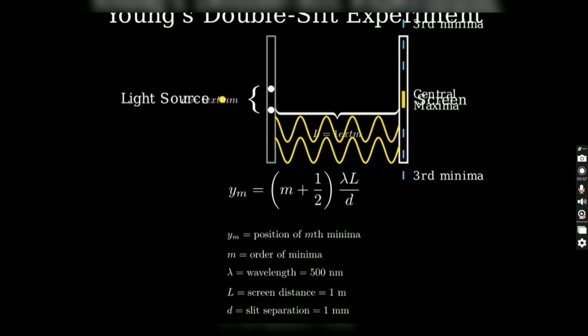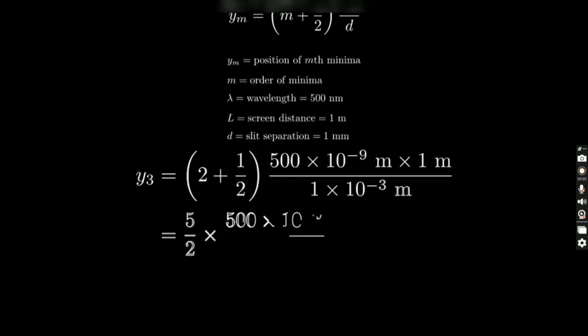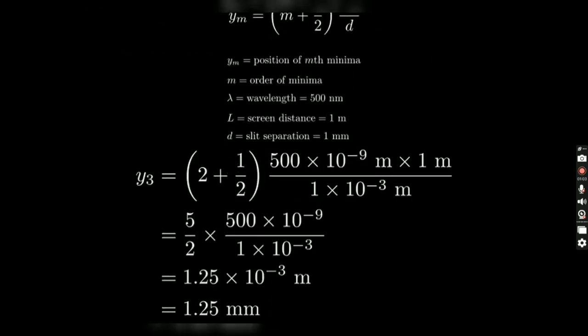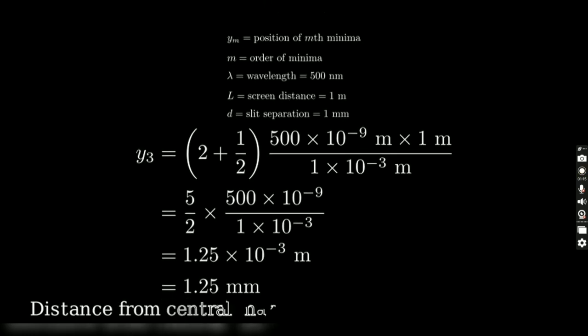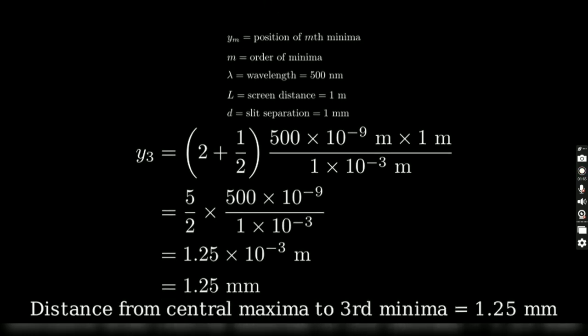We need to find the distance to the third minima. Let's solve for the third minima. For the third minima, m equals 2. Plugging in our values, we have (2 plus 1/2) times 500 nanometers times 1 meter divided by 1 millimeter. Simplifying this, we get 1.25 millimeters. Therefore, the distance between the third minima and the central maxima is 1.25 millimeters. This means if you measure from the center of the pattern to the third dark band, you would measure 1.25